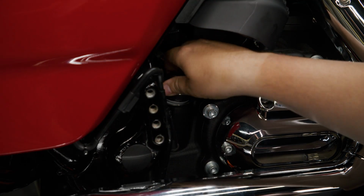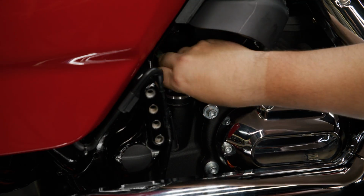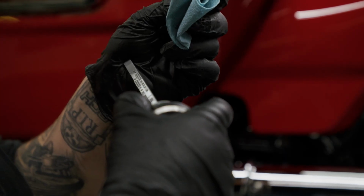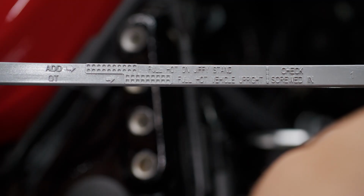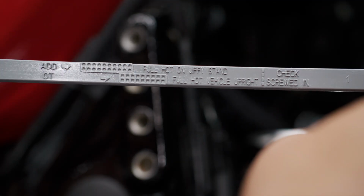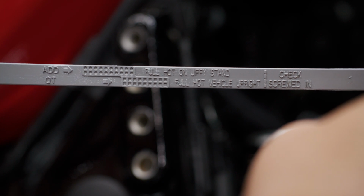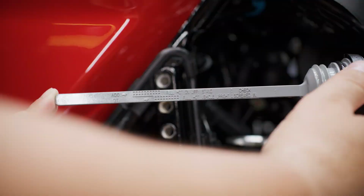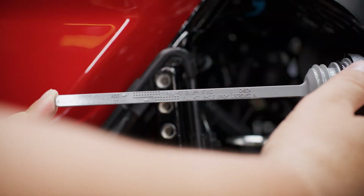Tighten the cleaned oil dipstick down and then remove it again to begin a cold check of engine oil level. The correct cold oil level should be midway between add QT and full hot marks on the dipstick. Make sure to reference the side of the dipstick based on whether your bike is upright or on its jiffy stand. If the oil level is at or below the add QT mark, add only enough oil to bring it